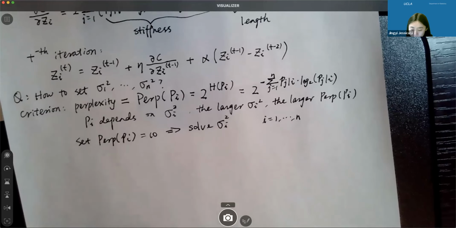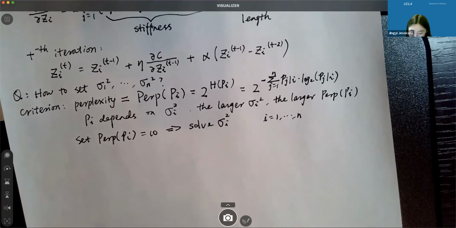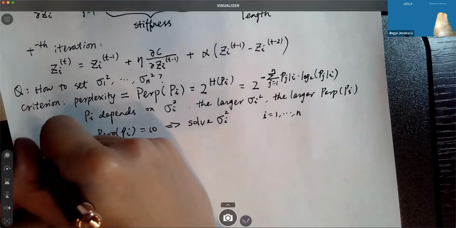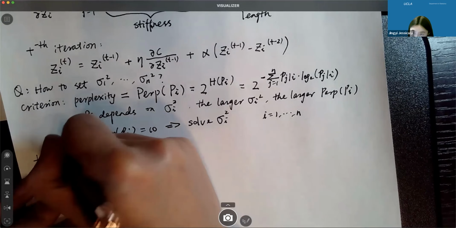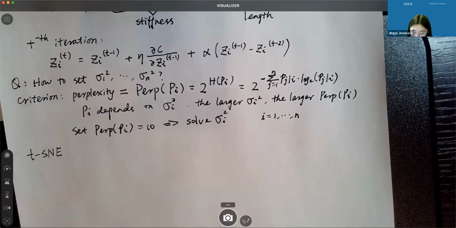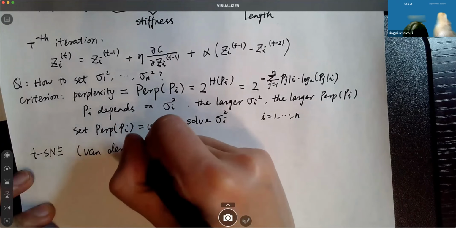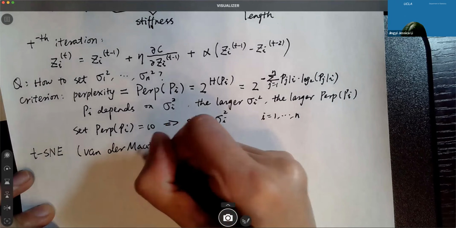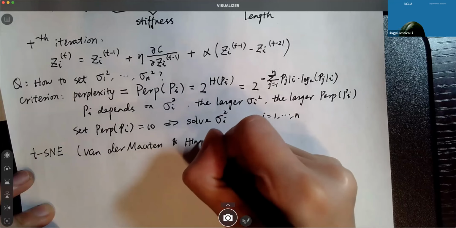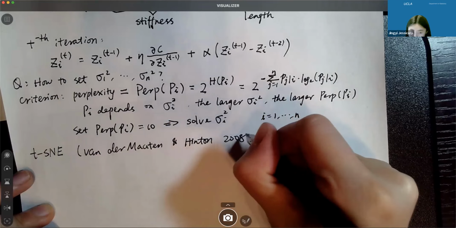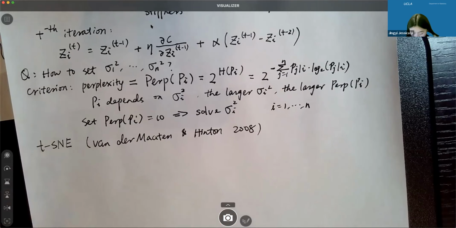Okay, so that's the 2002 paper, but in the 2008 paper, they tried to improve or modify SNE in two ways. So t-SNE, which is the algorithm we now use in the single cell field, is from another student of Hinton, van der Maaten, and Hinton in 2008, after 6 years. So they made two modifications. The first modification,